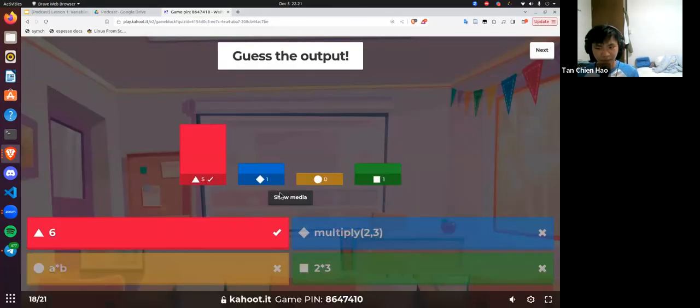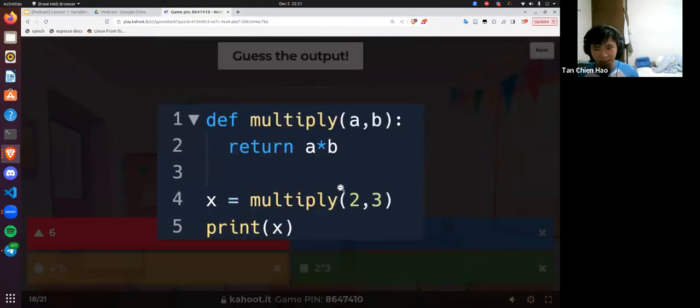So to summarize the difference between return and print: when you print a times b, you're doing the calculation a times b, showing it on the screen, the output on the console on the right hand side, and after that, your calculation is not saved, it's gone forever. But remember, the whole point of coding is we want to store and manipulate information. So if you want to save the calculation a times b in a variable,